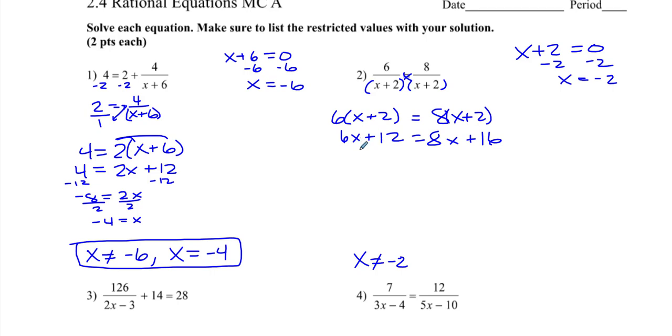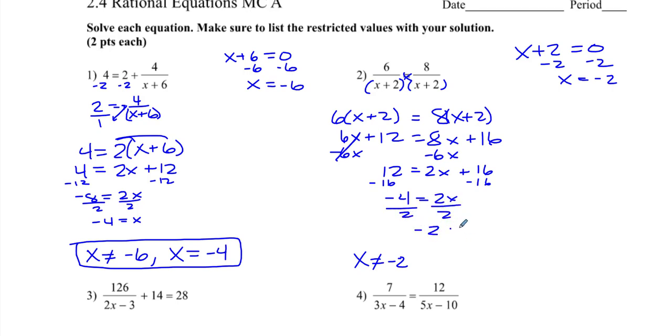Okay, let's get rid of our variable term first. Minus 6x, minus 6x. 12 is equal to 2x plus 16, minus 16, minus 16. Negative 4 equals 2x. Divide by 2. Negative 2 equals x. So, if this and this are the same, if x equals negative 2 but x can't